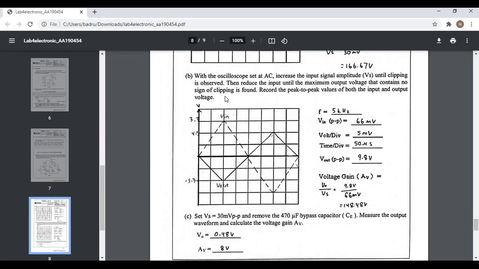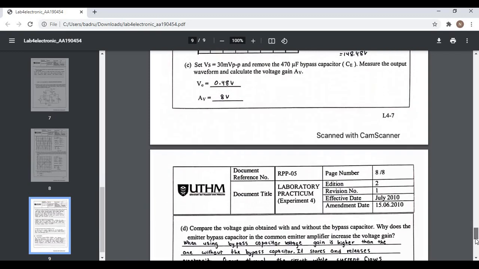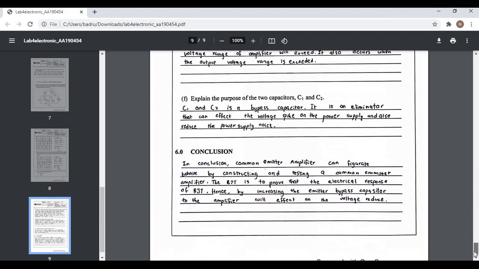Untuk soalan B, with the oscilloscope set at AC, increase the input signal amplitude Vs until clipping is observed, then reduce the input until the maximum output voltage that contains no sign of clipping is found. Record peak-to-peak values of both the input and output voltages. Seterusnya, kita akan buat soalan B, dan itu sahaja bagi